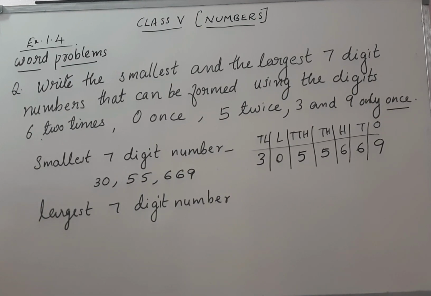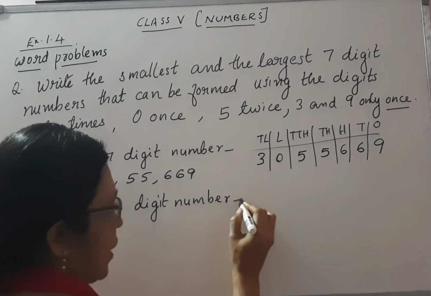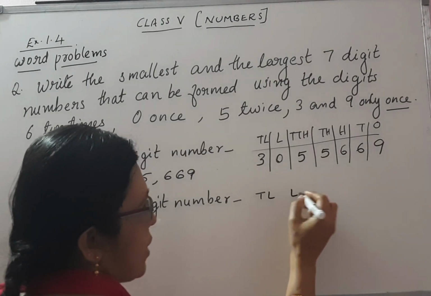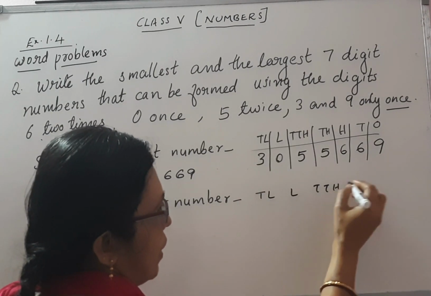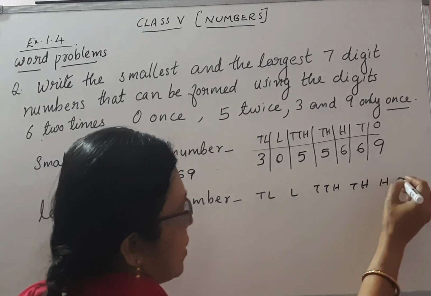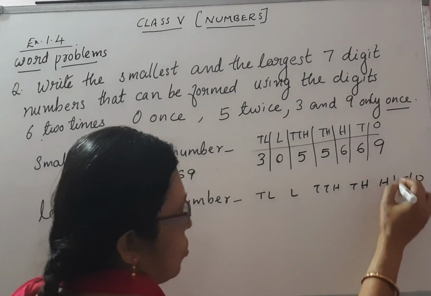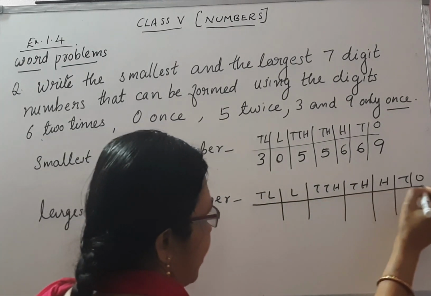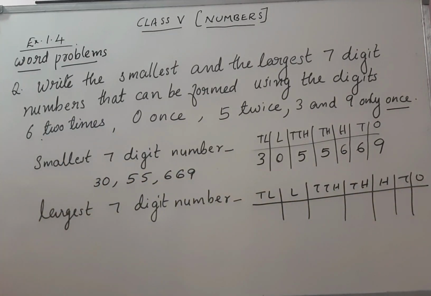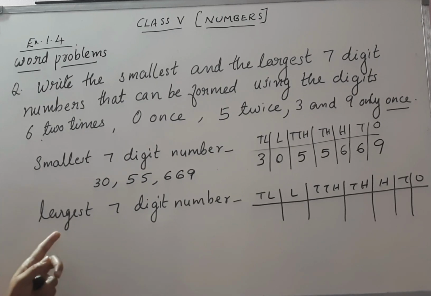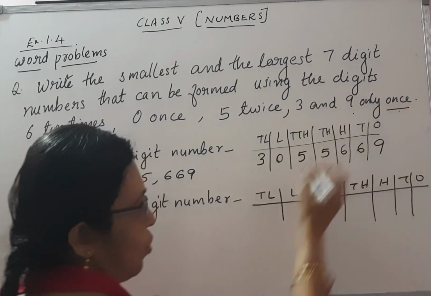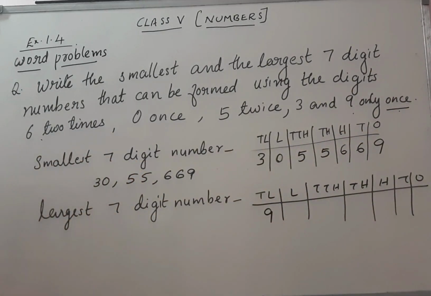Now we can go to the largest 7-digit number using the given digits, and you have to follow the condition. So 10 lakhs place, 10,000, 1000 place, 100 place, tens and ones. You should fill the digits with these place values. If the largest 7-digit number is asked, you have to start with the biggest digit. So the biggest digit is what? 9. How many times? Only 1. So starting here, 9 one time.